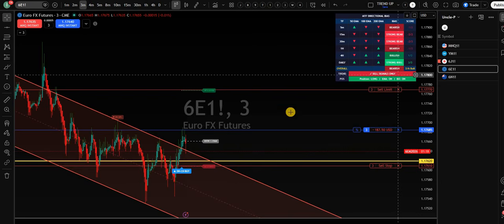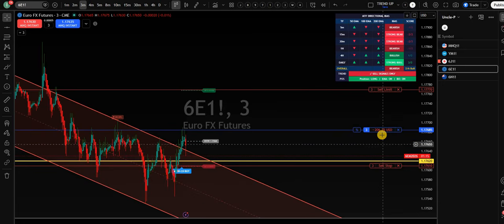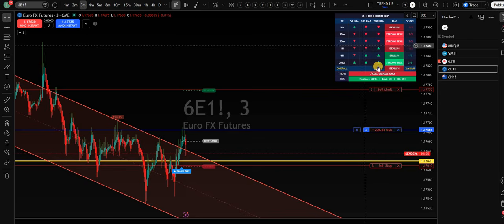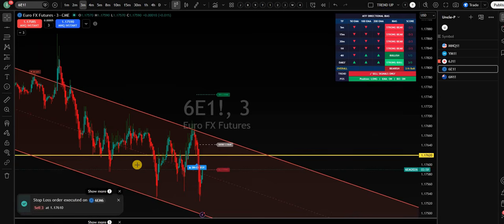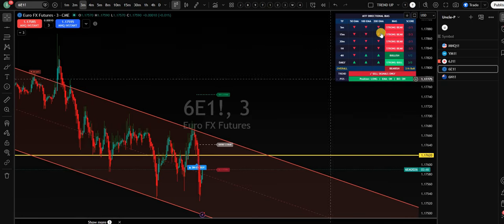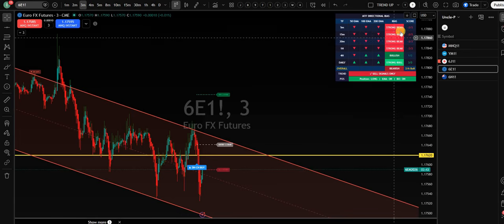That makes sense? Okay, so again, if I lose this trade, I deserve to lose. See, the 200 something I made on the other trade, now I gave it back to the market. Because why? I'm not paying attention to this. I'm so anxious to trade that I'm not paying attention to what this is telling me. So, let's wait and see. Okay, as you can see, this trade did not work out. Why? Because we fought the trend. So always remember, right before you take a trade, don't be in a hurry to take the trade. Be in a hurry to pay attention to what the dashboard is telling you,